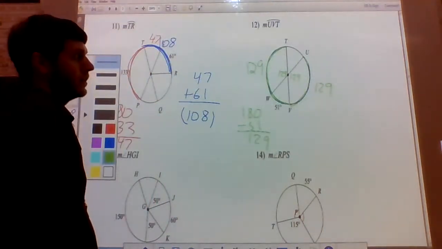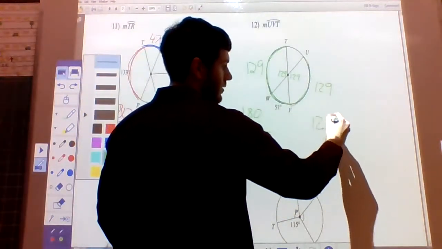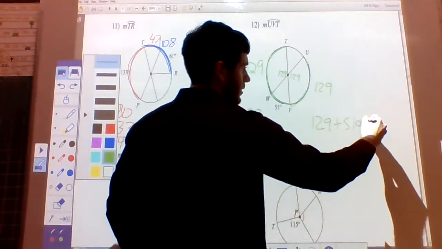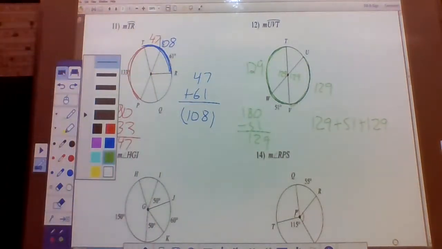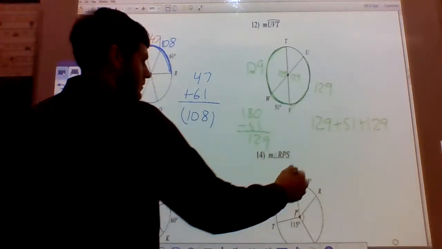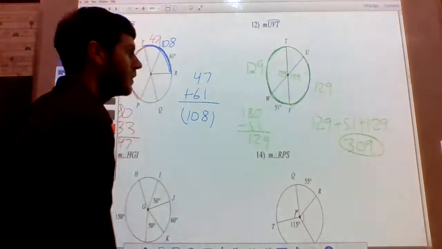So then to find the measure of UVT, we're going to do 129 plus 51 plus 129, which is 130 plus 130 is 260. So 258, 259, 309, 309. The other way we could have done this,